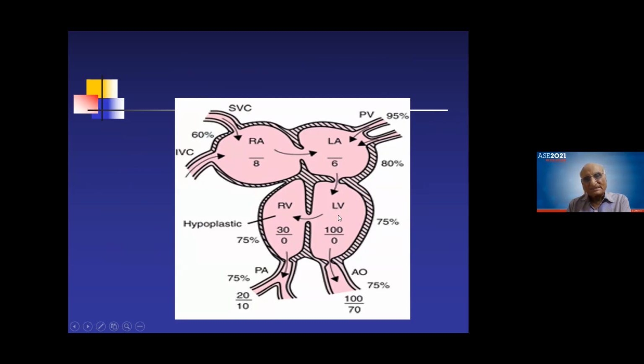From the LV, some blood has to be oxygenated again because this becomes deoxygenated blood, with saturation coming down to 75%. So there is usually a shunt at the right ventricular level, and then it goes to the aorta. You see, this is the venous blood, this is arterial blood. When it mixes, the oxygen saturation becomes hardly 75%. So to survive, there should be a right to left shunt, and the blood goes into the aorta, as well as there is cyanosis.